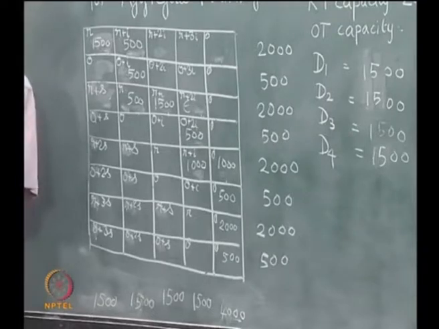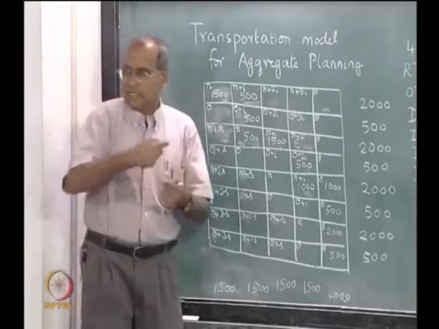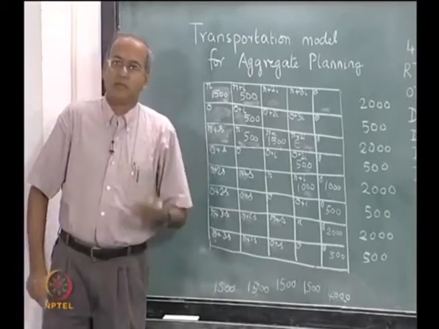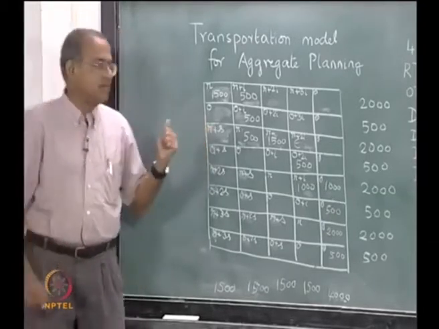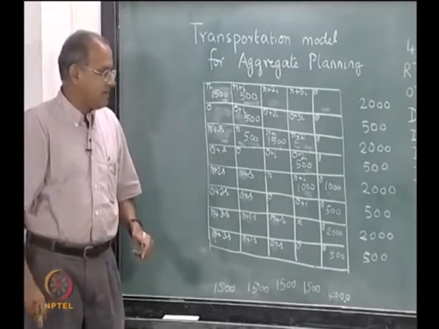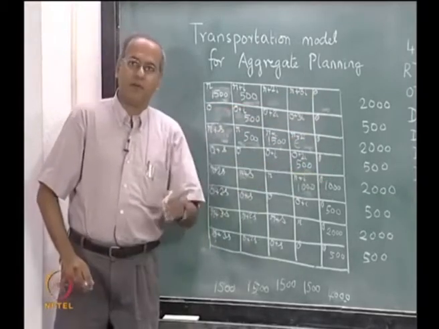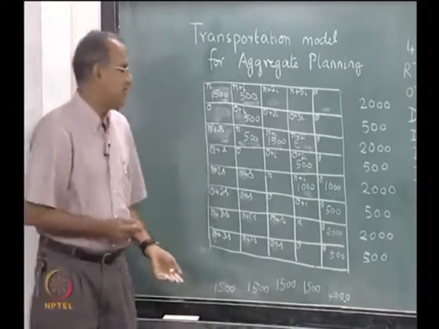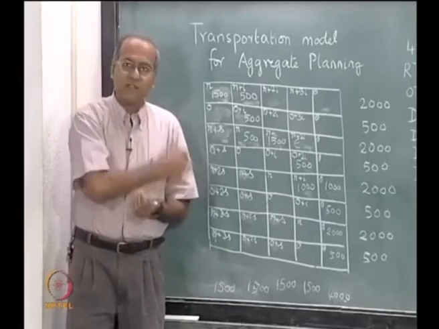So, if we apply the stepping stone method, then we have to evaluate the net increase or decrease for all the remaining 28 positions, because the simplification rule does not work when we consider back ordering. Without back ordering, it was enough to do it only in 4 positions. Now, we have to do it for all the 28 positions. But as I mentioned earlier, most of the time now we do not use the Northwest corner rule or solve by hand.